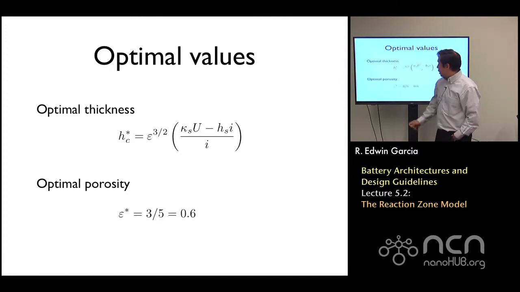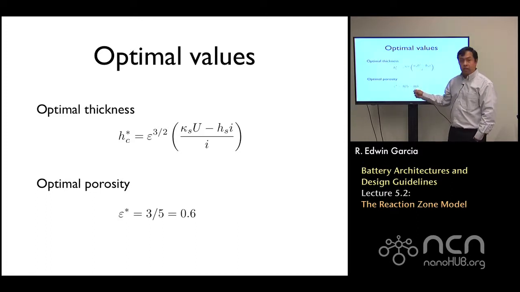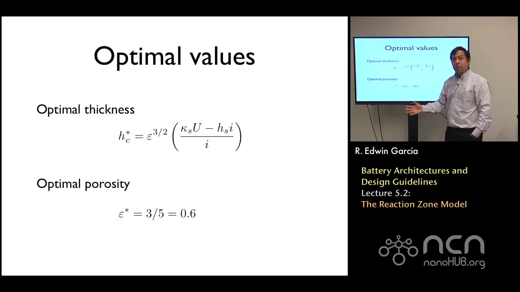And you can do this analytically, and you will find that the optimal porosity corresponds to 3/5 or 0.6, okay? Really, you can see here that in the limit of diffusion limitations, and I have to say this several times so that it's very clear, you have to throw away 60% of the charge that you could store in the material just to open spaces for lithium to transport, so that you can maximize the energy density, so that you can use the high conductivity of the electrolyte